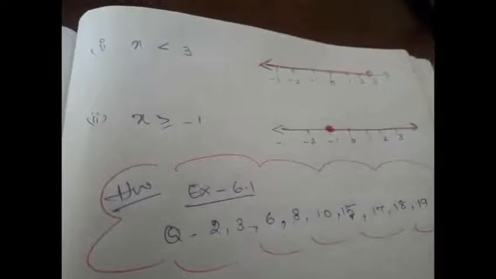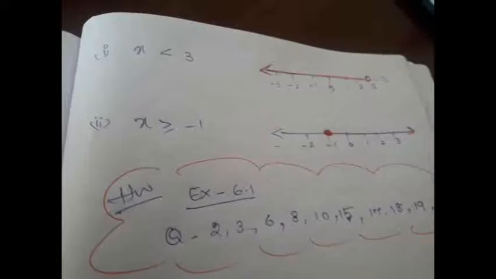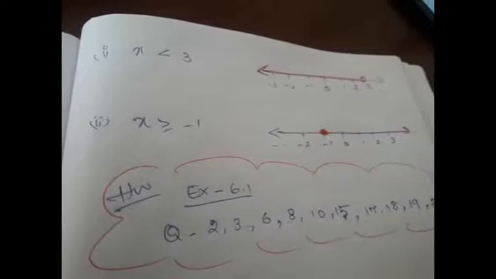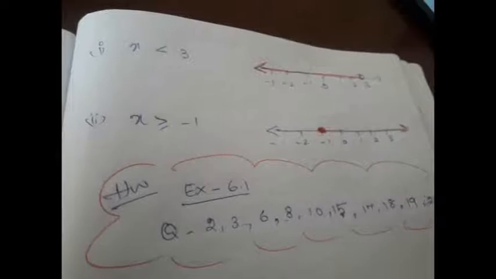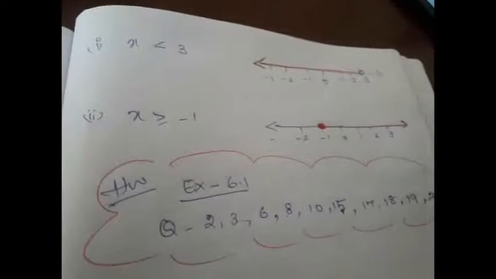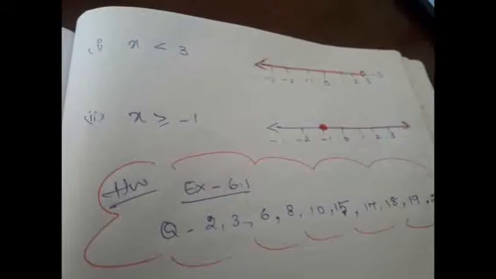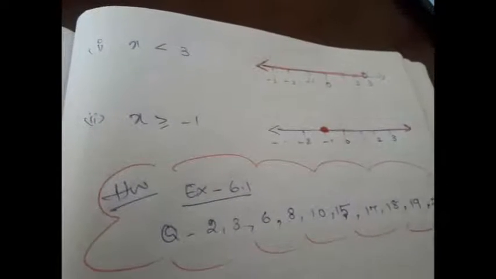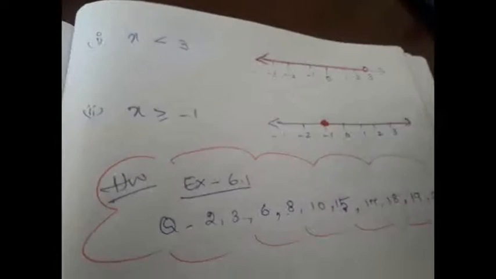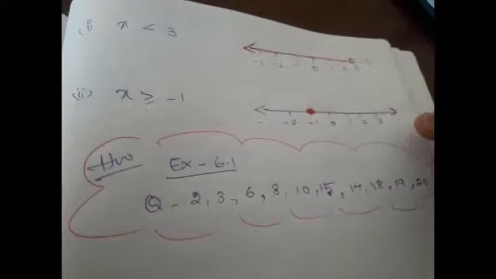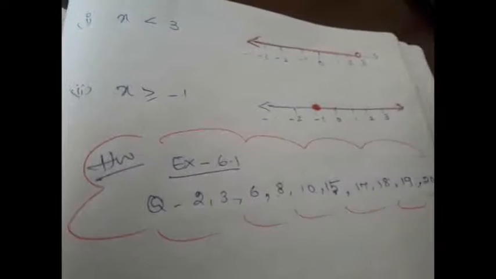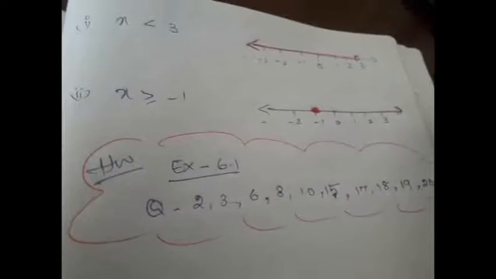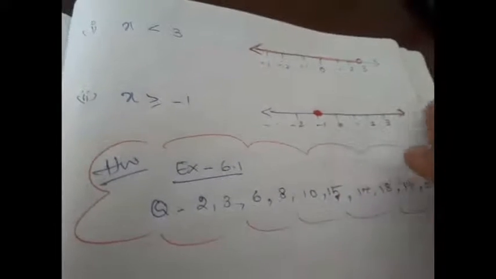So you have to solve the problems, and then once you arrive at a solution, you have to express it on the number line. Unless and until it is asked in the question, you don't need to explicitly denote the solution set on the graph. If they ask, you can do it, right? So with this, let us wind up today's class. In today's class, we have seen how to solve an inequality and express it on the number line.